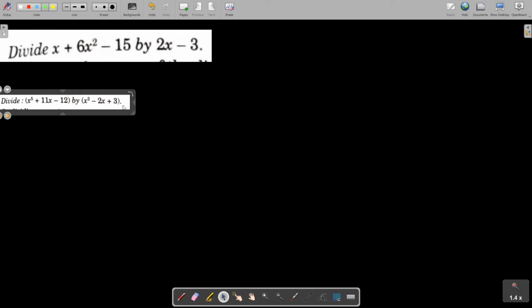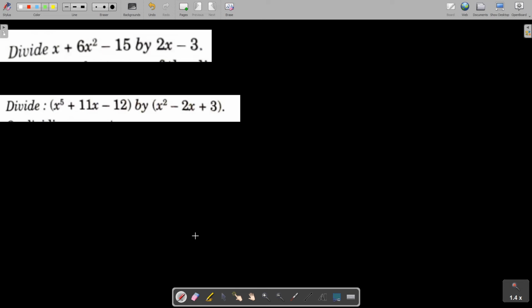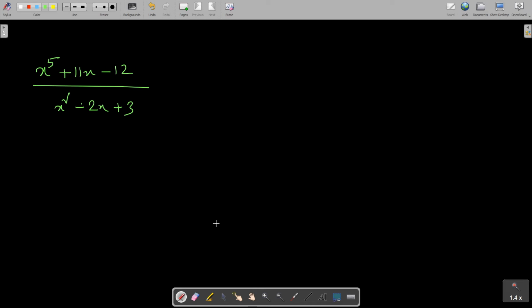So the next one is given x to the power 5 plus 11x minus 12 divided by x square minus 2x plus 3. So it's already written in descending order of power, so we don't need to change anything. So we'll write it x square minus 2x plus 3. Inside the bracket, we're going to put,